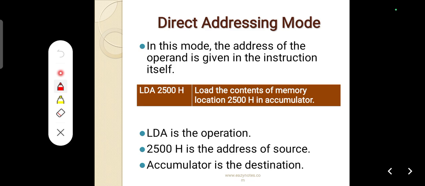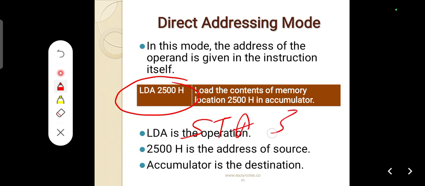As far as direct mode of addressing is concerned, whenever you have the address of the operand, it is known as direct mode of addressing. As an example, you will be writing LDA 2500H. It means content from memory location 2500H will be fetched and provided to the accumulator. Similarly, if you write STA 3000H, it means the content of the accumulator is going to be stored at memory location 3000H. Here, the location is available with you. That's the reason it is known as direct mode of addressing.